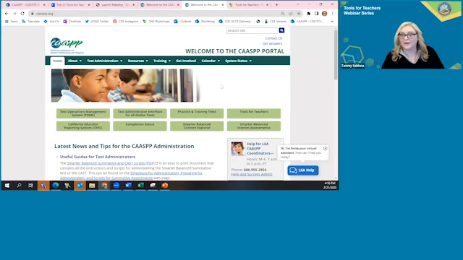And then right here on CAASPP.org are all the links. We have the link to the reporting system. We have the link to the Tools for Teachers, and we have a link to the interim assessments. And don't be afraid to click on these links, because you don't go into some place where you're going to mess something up. You go to places where there's resources.